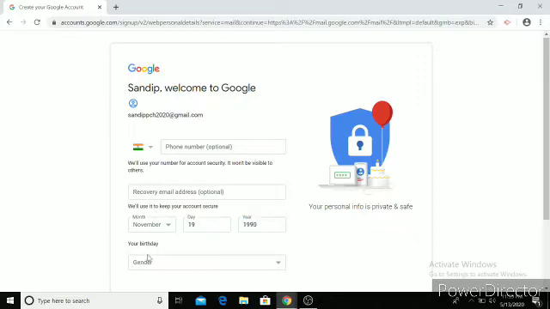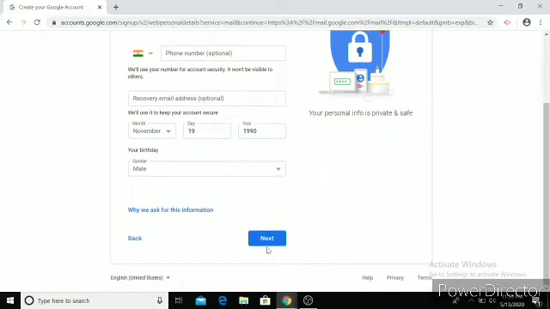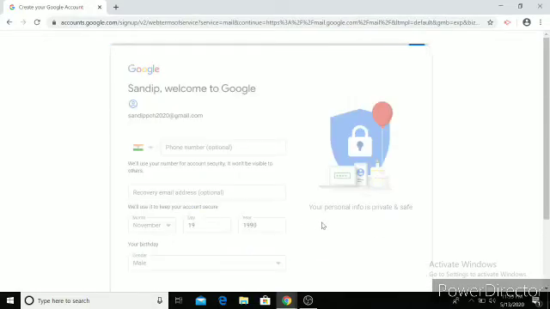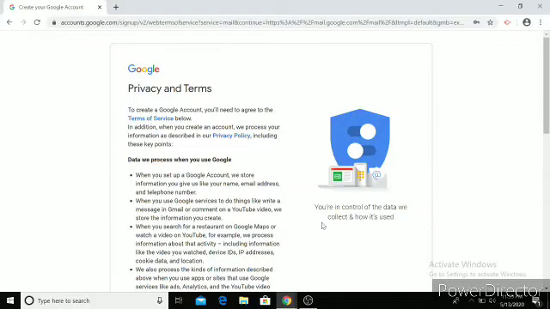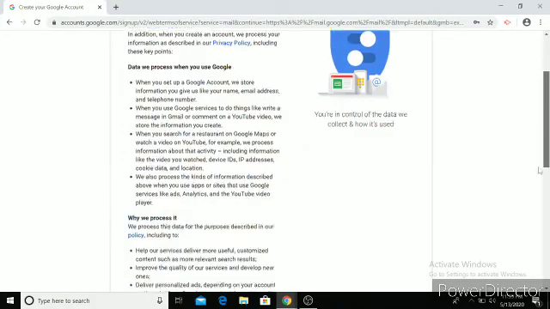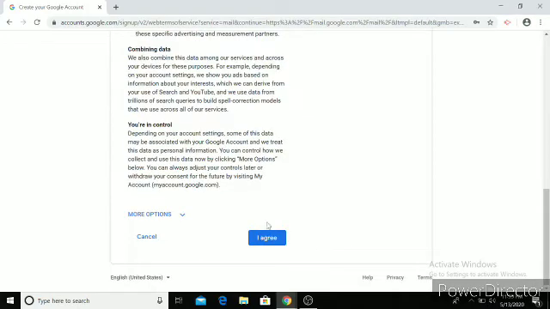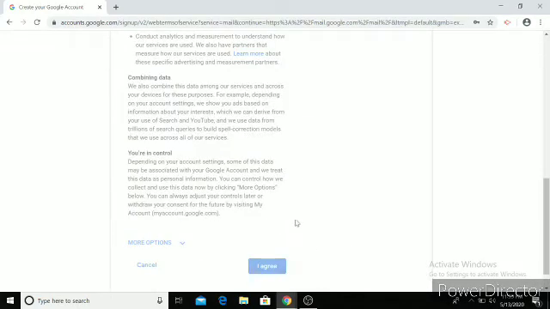Put that, and then you can put in more details there, and once you put all the details, you can go for next. Don't worry, some of these details can be changed later, and many of them are. And then there are some privacy options. You can go through that, but even if you don't, Google is a trustable website, so we can trust it. Then I simply press I agree. Please follow the cursor which I am using and putting into a different location.